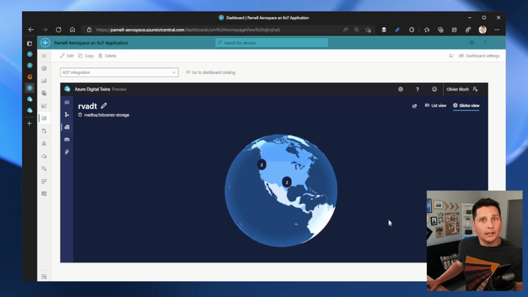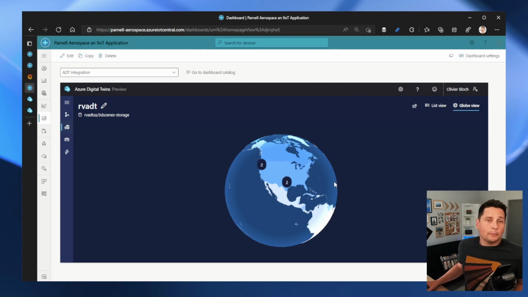Here you're looking at Azure IoT Central with an iframe that embeds the Azure Digital Twins 3D Scene Studio tool. That tool is about creating 3D views and attaching them to Digital Twins data in order to deliver an intuitive, productive interface for working with assets on the factory floor in our case.